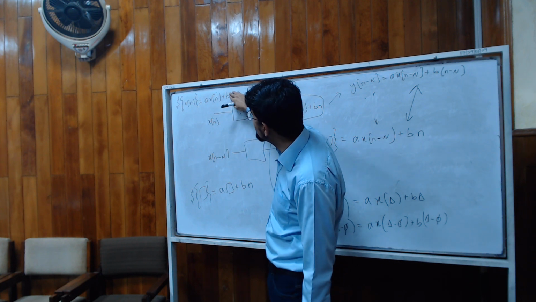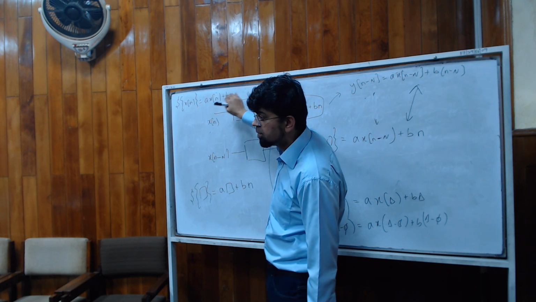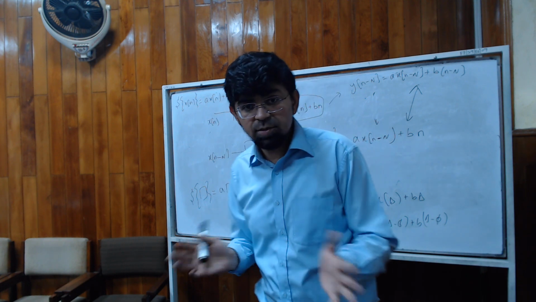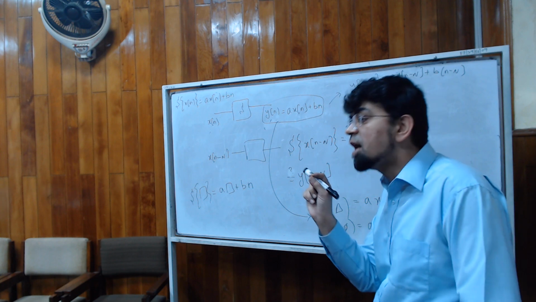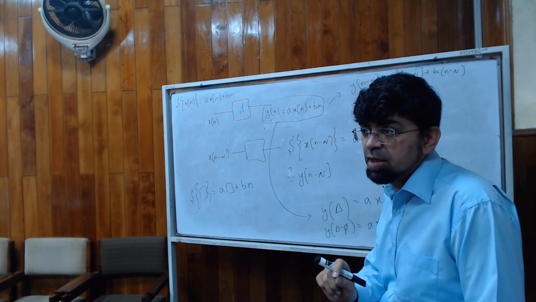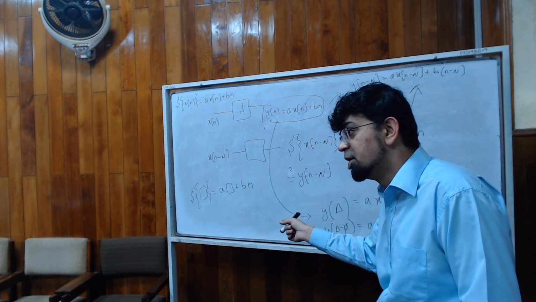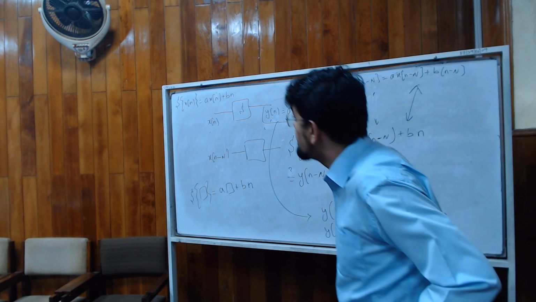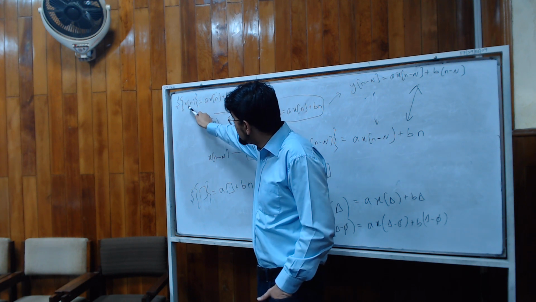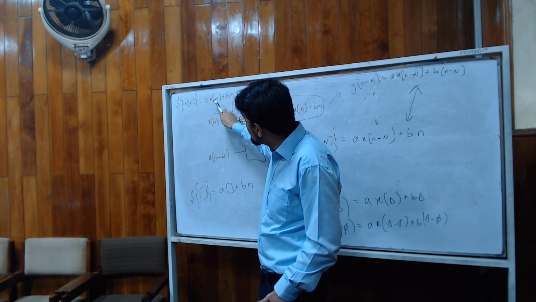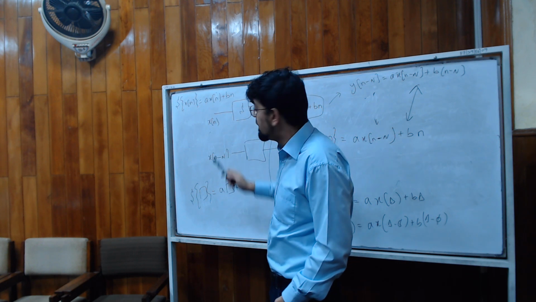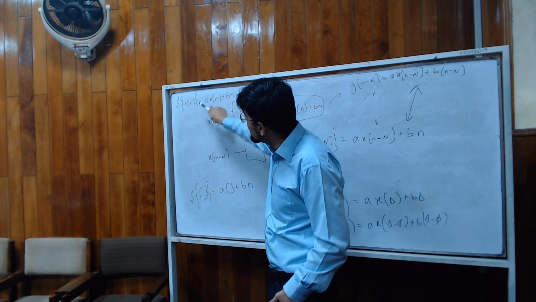In the previous systems, it wasn't showing without the input. So this is a shortcut. It doesn't just apply here, it applies in general. If the time index shows up in your output independent of the signal. So x[n], that is the input, n is here, that's fine. As long as it is inside the input, the system will remain time invariant. But if the n index shows outside somewhere,